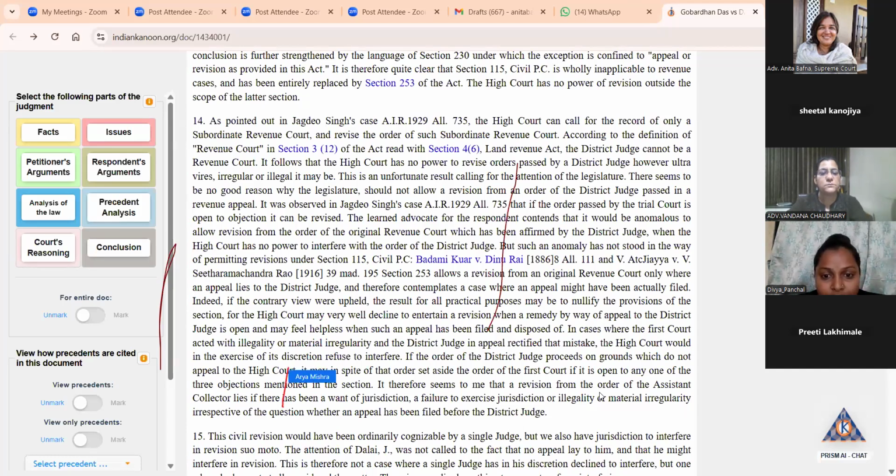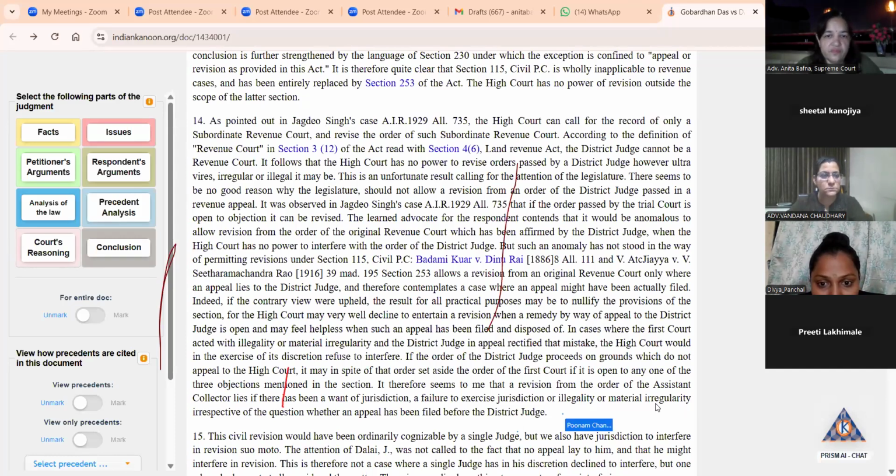If the order of the district judge proceeds on grounds which do not appeal to the High Court, it may, in spite of that order, set aside the order of the first court if it is open to any one of the three objections mentioned in the section. If therefore,